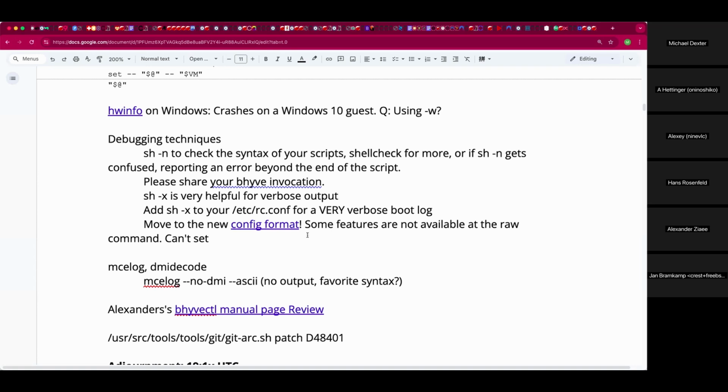So in the main bhyve manual, put in the section on the bhyve config that there are additional options only available if you do it that way. Essentially, yes, but we need to verify that. Maybe there is a way to invoke it, just no one ever thought to document that to the user or in usage or you name it. So there's a little research to be done.